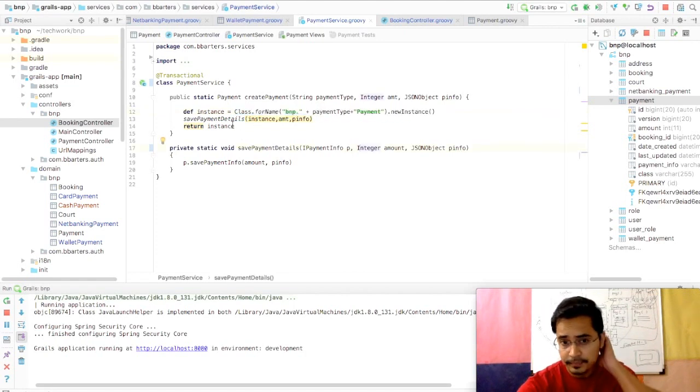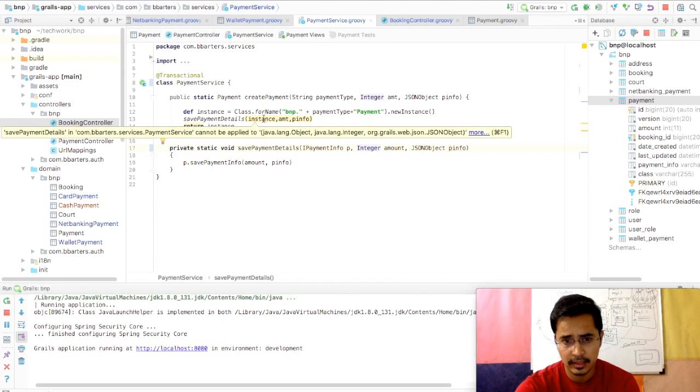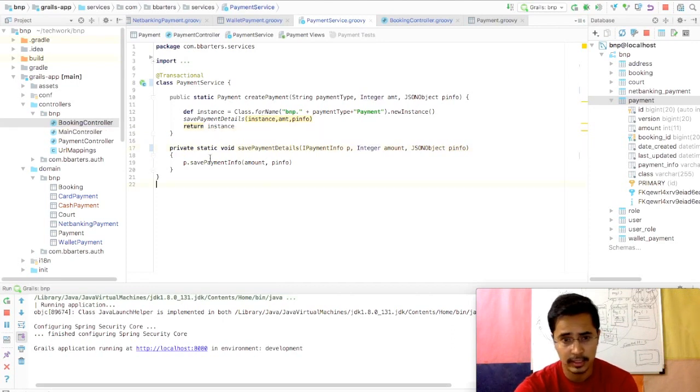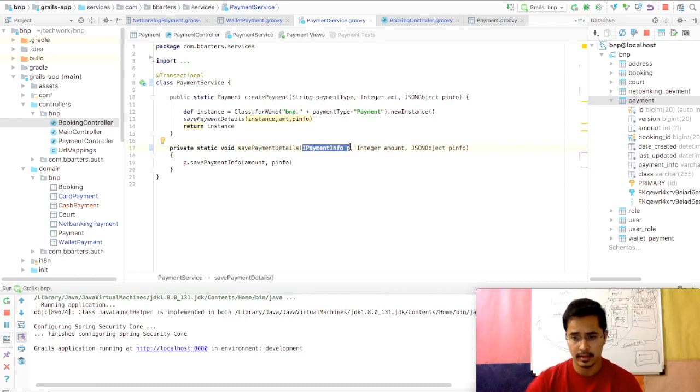Then I'm passing that instance to my save payment details method. Save payment details method requires an iPayment info, which in our family of algorithms was our interface, and an integer amount that is coming from the rate of the quote selected, and the